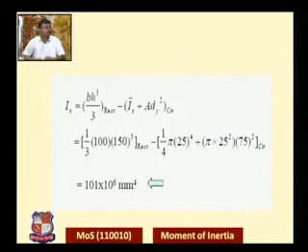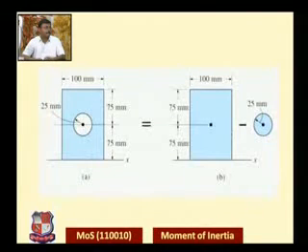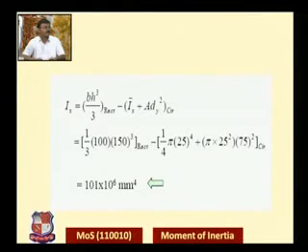So this is equal to BH cube by 3. Now B, that is the width of the rectangle, is given as 100 mm, and H, that is the height of the rectangle, is given as 150 mm. For the rectangle, you can easily obtain BH cube by 3. Now the second term of the first line of the equation, Ix bar plus ADY square, is for the circular